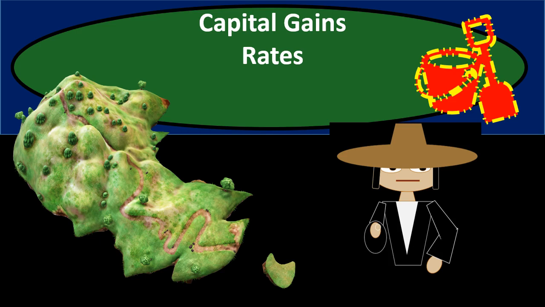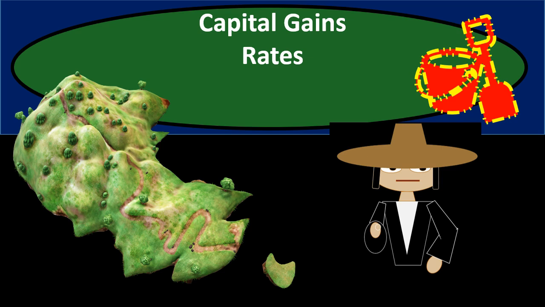In this presentation, we'll take a look at capital gains rates. Remember, when we're thinking about capital gains, we're selling a certain type of property that qualifies as capital gains, and we could have different rates related to that property. In other words, we have ordinary income type property that's going to be taxed at the progressive tax system, and then we have capital gains rates, which could be outside or in addition to or some other type of calculation we'll have to make on the capital gains property that is sold, and use different rates in order to do so.